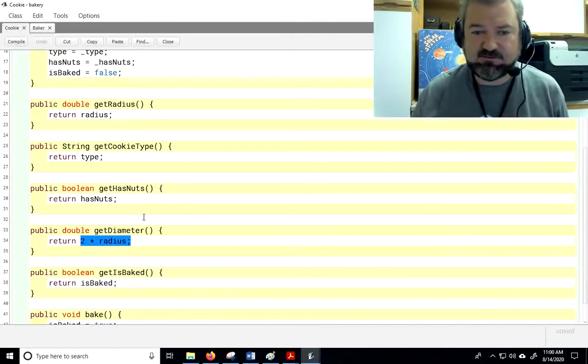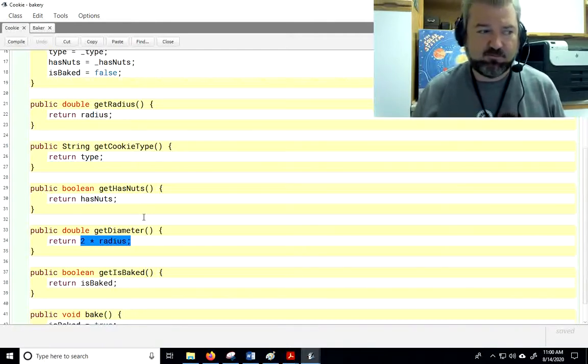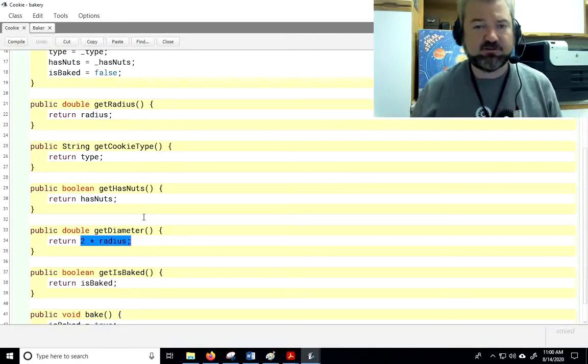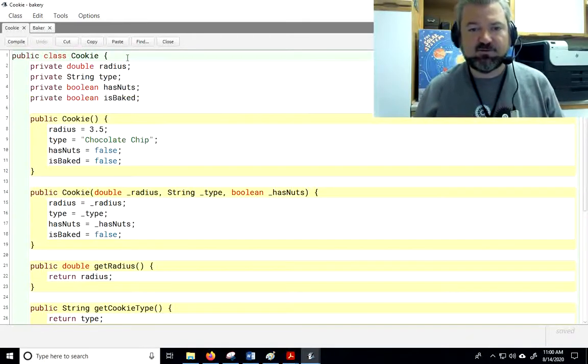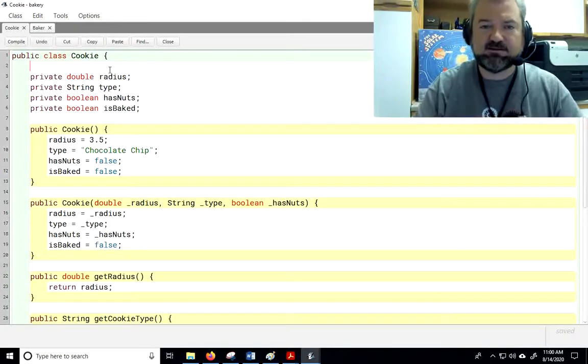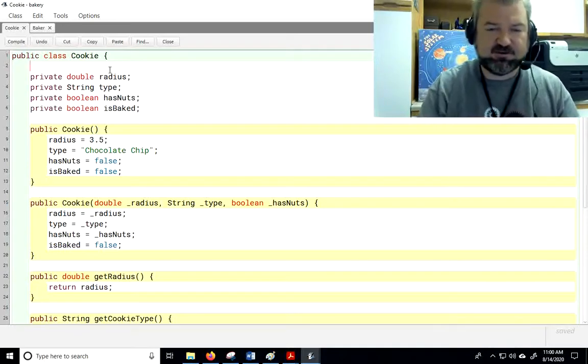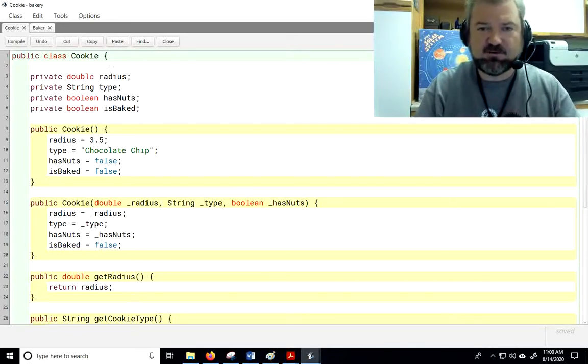I want to continue doing that. I want to add some more methods. I want to add a constant, and I also want to talk a little bit about if statements. So first off, what I want to make is a constant that we can use to make our code more readable. So for this constant,